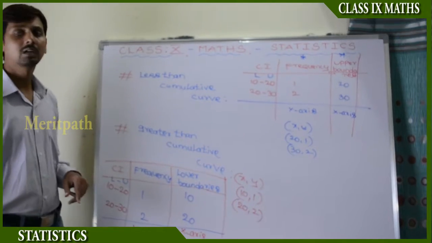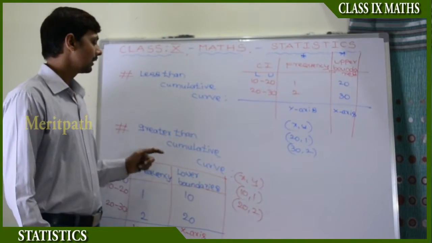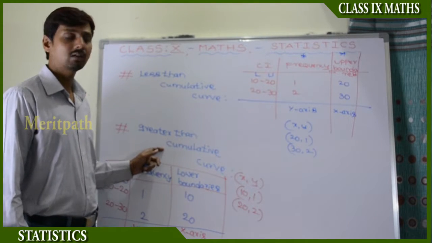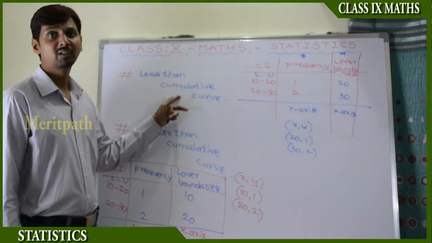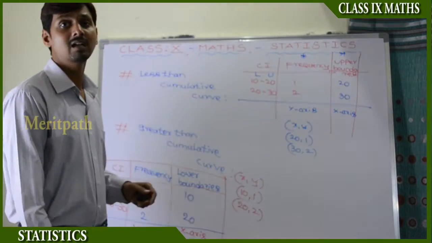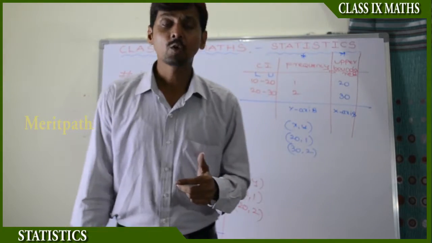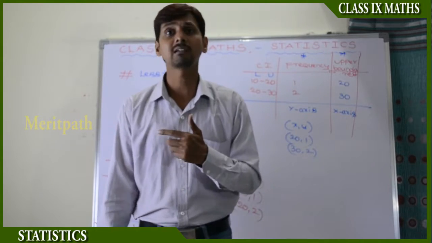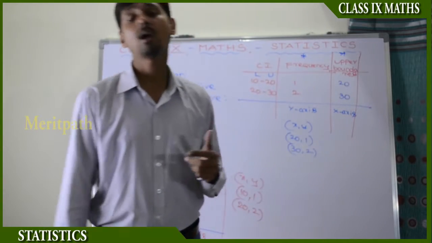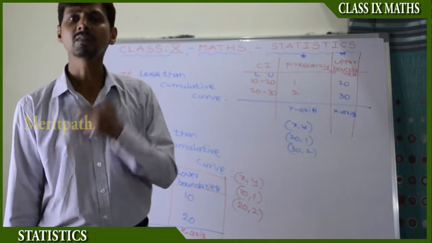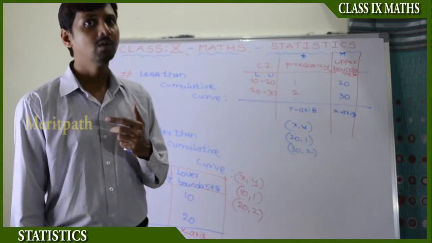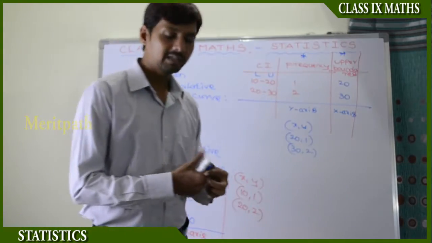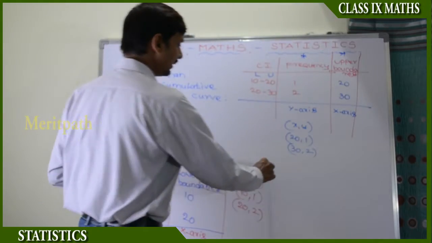These two curves, the greater than cumulative frequency curve and the less than cumulative frequency curve, are also called the ogive curve. After drawing these two graphs, we'll be getting, for example,